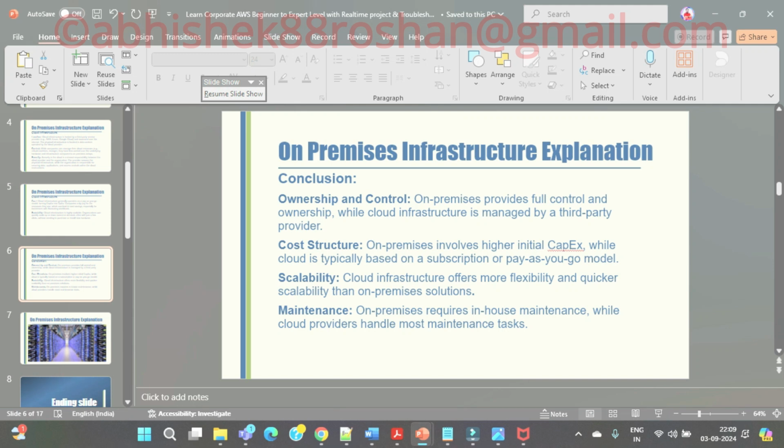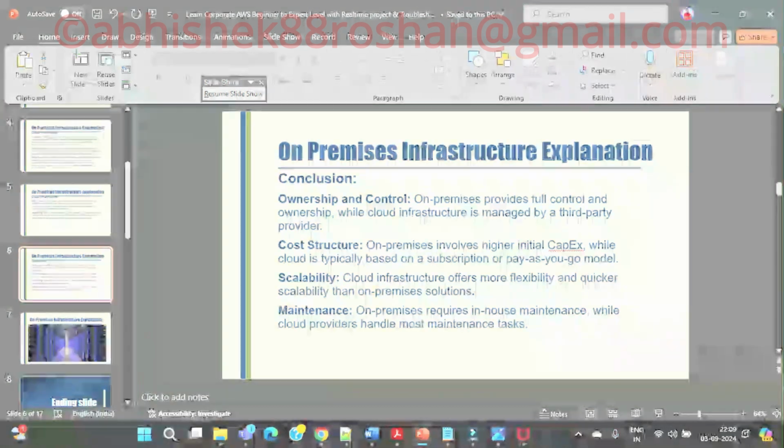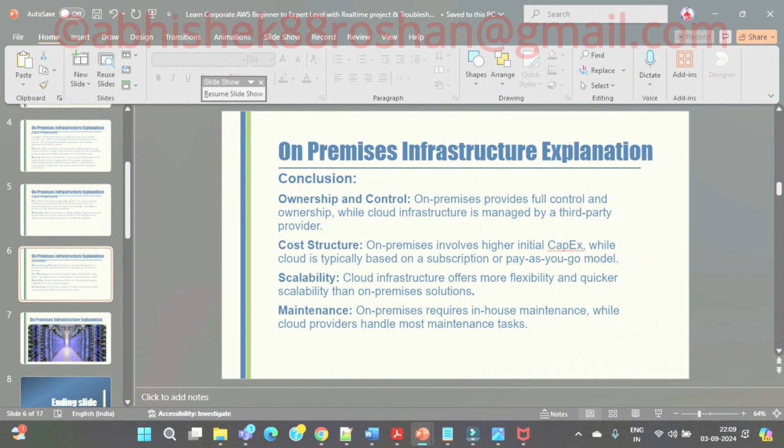Maintenance is one of the main things, where you don't need to worry about maintenance. On-premises requires in-house maintenance. It's not only about storage, networking or the servers, as I said at the start of the session. It's also about resources. You have to invest heavily in resources for each profile. There will be a storage team, a networking team, Linux and SRE engineers, and platform engineers, so everything will be managed by the same company.